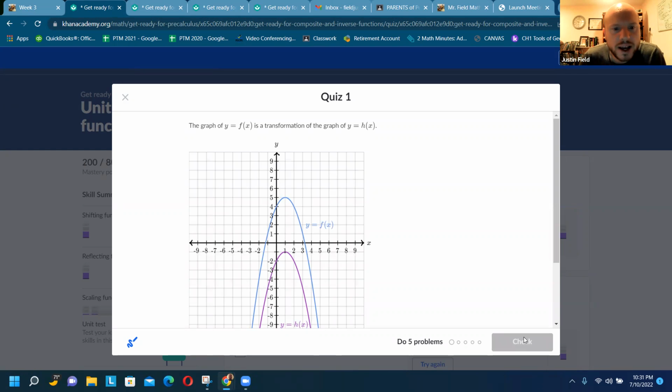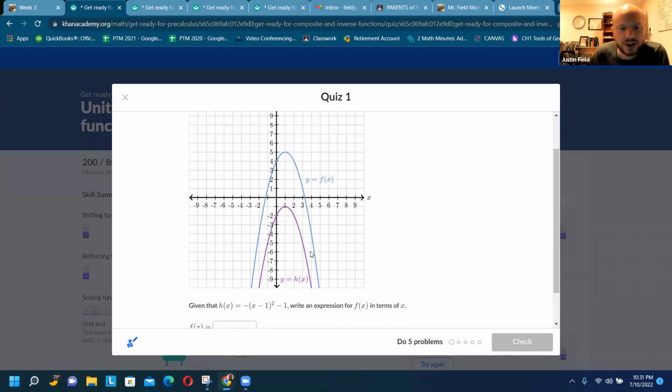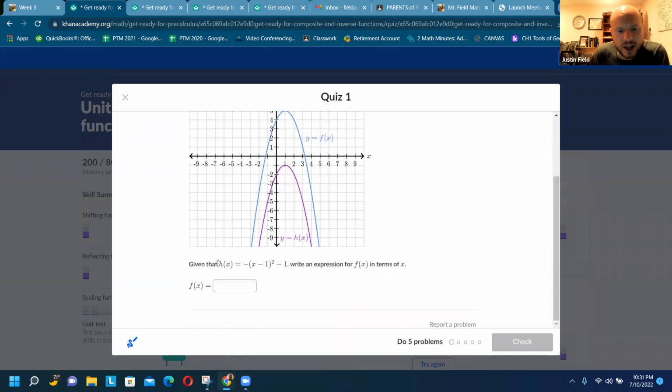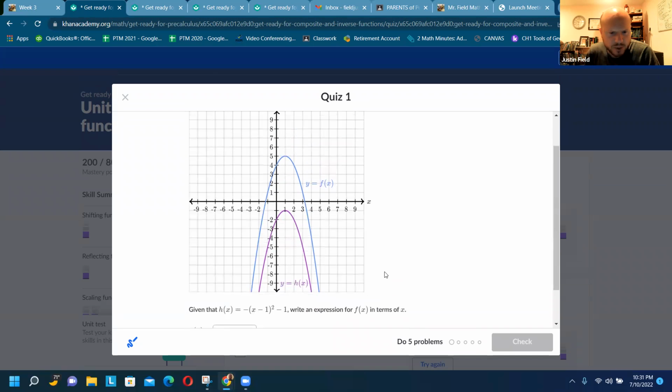The graph of y equals f of x is a transformation of the graph of y equals h of x. So f of x is the transformation of h of x. Given that h of x equals negative (x minus 1) squared minus 1, write an expression for f of x. Okay, so we see h of x, and now the question is, what's the difference from f of x? So what I see is